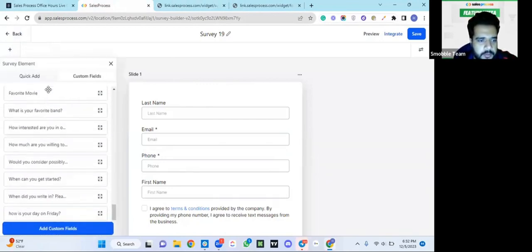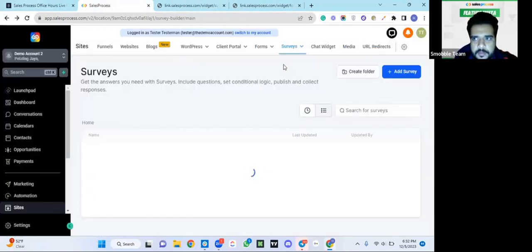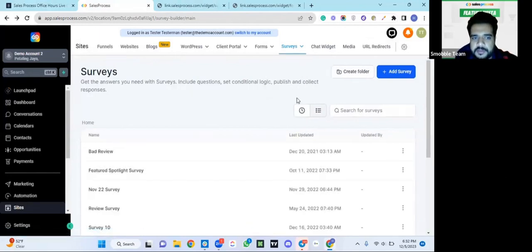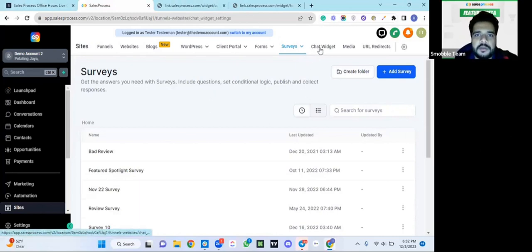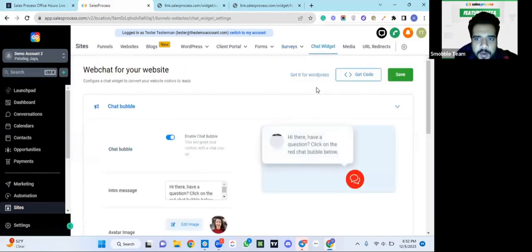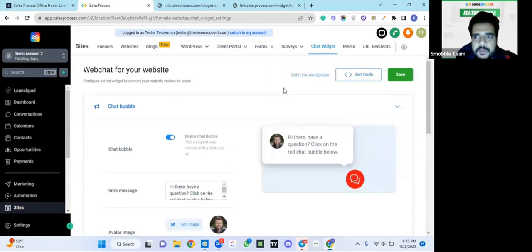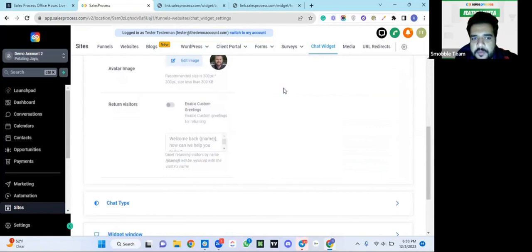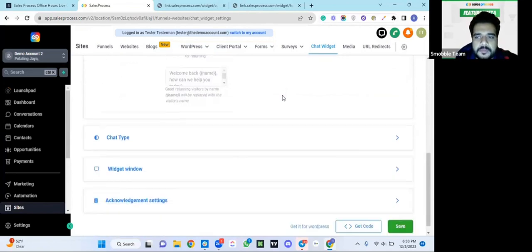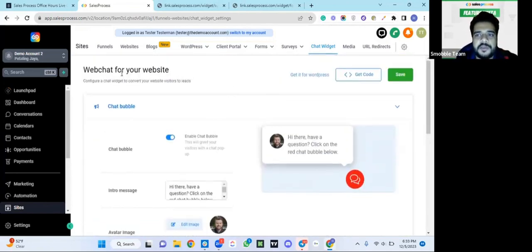Okay, perfect. So let's go back. And the best feature that we are working on is the chat feature. This is another great way where you can get leads without a form. People usually like to use this chat feature for live chat and also for inquiry purposes. So if you come over there, in the chat widget, you will find an option of chat